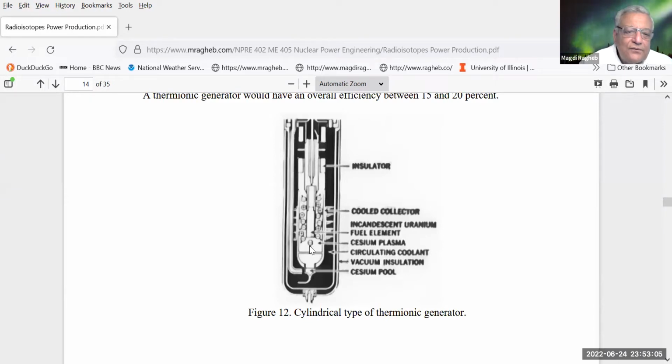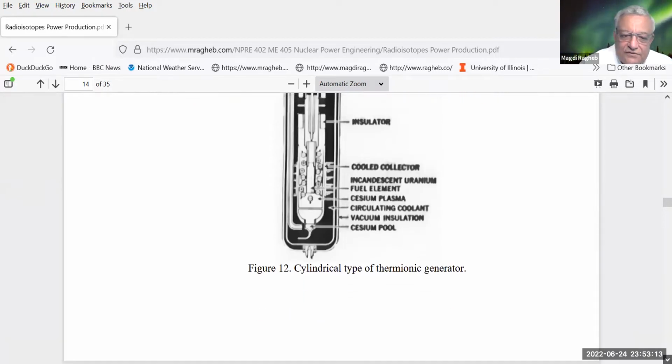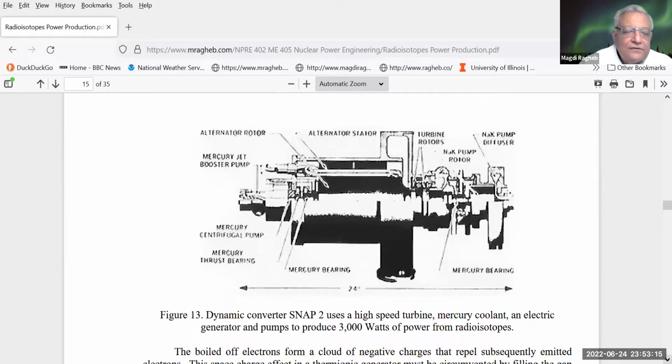The isotope heats the cesium, and the vapor is formed, and the electrons now can be moved to an outside surface, and you get electrons out of heat. All right, third process. So what if you need not just watts level of power, a few watts of power,